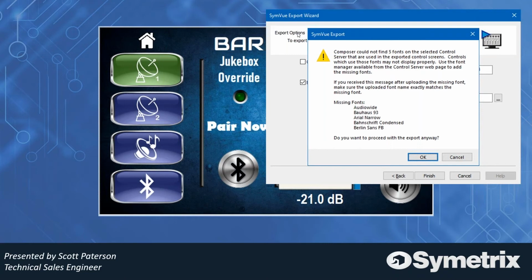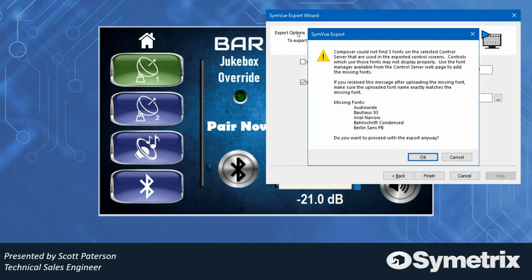One of the reasons why, without file or font management, you may not have these fonts display correctly is the licensing portion. So A, if you don't have them installed on another computer, they won't show up correctly, and B, we can't technically, as a company,